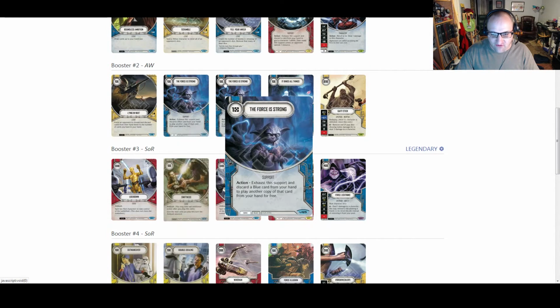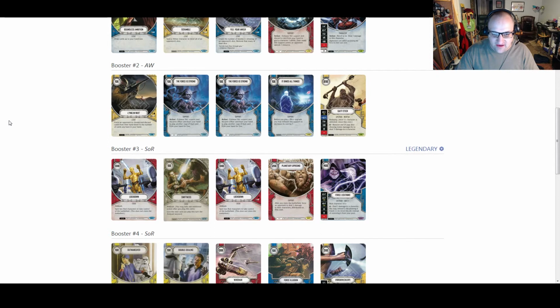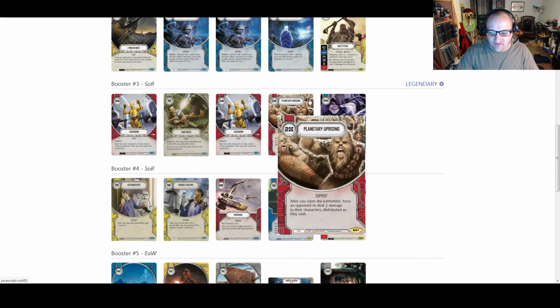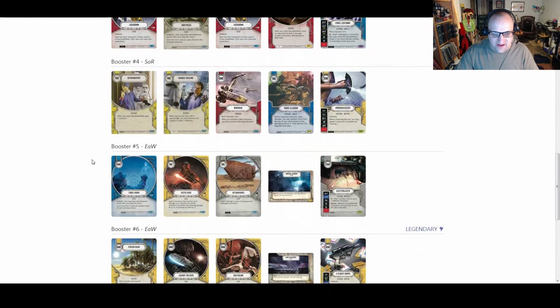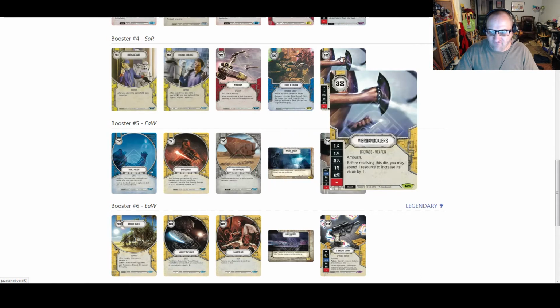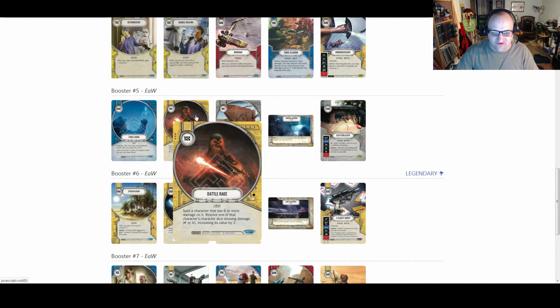Let's see, the Force is Strong, we have 2 of that. It Binds All Things, Gaffi Stick. And into Spirit of Rebellion, we have Lockdown, Swiftness, another Lockdown, Planetary Uprising, and Force Lightning. So 2 legendaries, that's pretty good. Then we have Outmaneuver, Double Dealing, Wingman, Force Illusion, Vibroknucklers, and into our Empire at War packs, we have Force Vision,